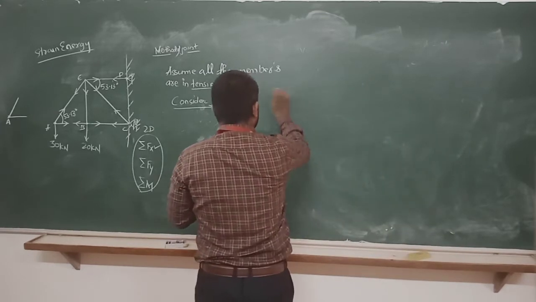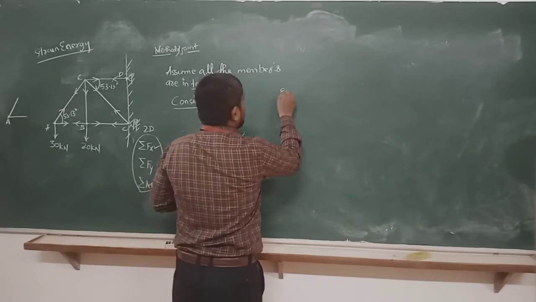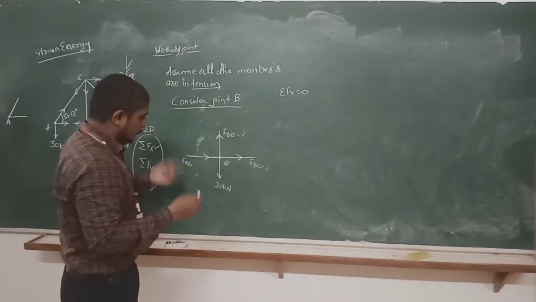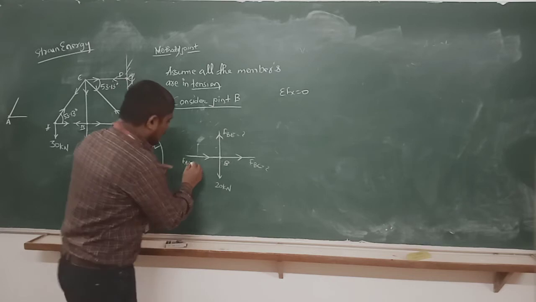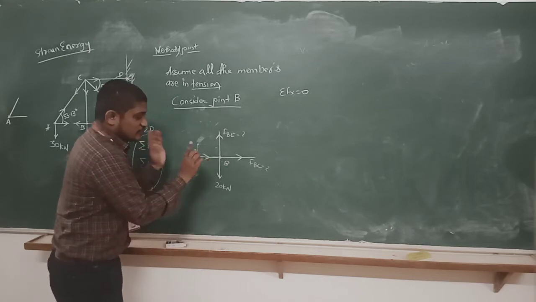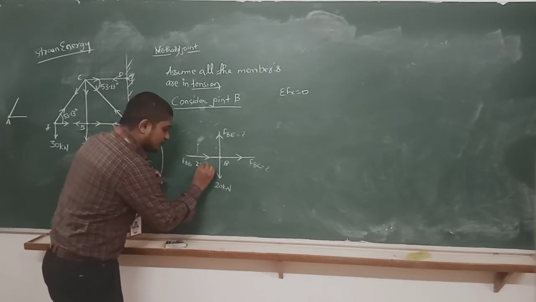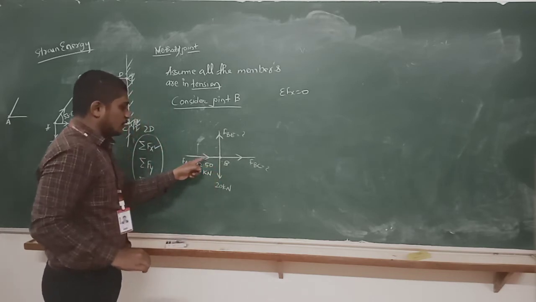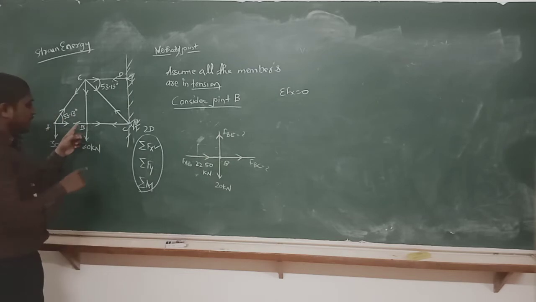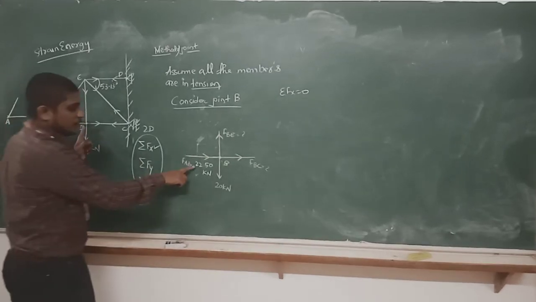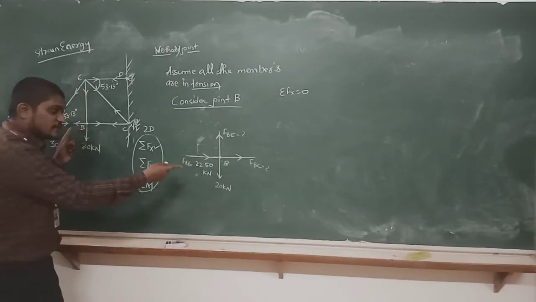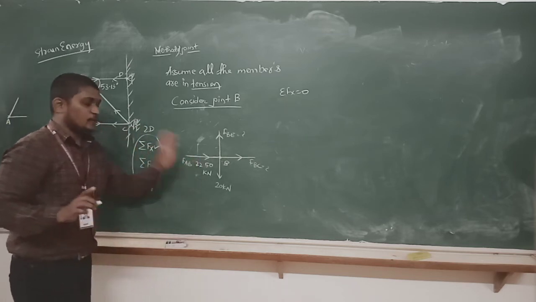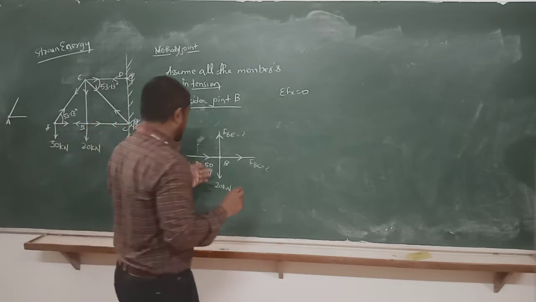Summation of Fx is equal to 0. Now see, look towards the horizontal forces. Which all are the horizontal forces? Now we have changed the direction, so I can write directly 22.50 kN. No need to write minus now, because already we have changed the direction. If you put the same direction as the assumption, you have to keep minus 22.50. If you change the direction after getting the solution, you can keep 22.50. Any method you can adopt.